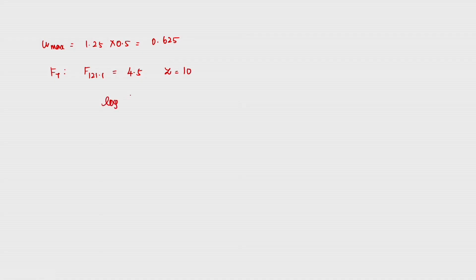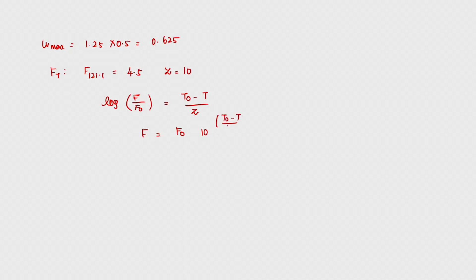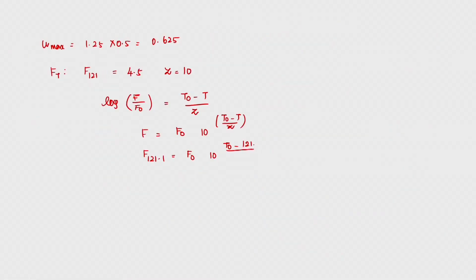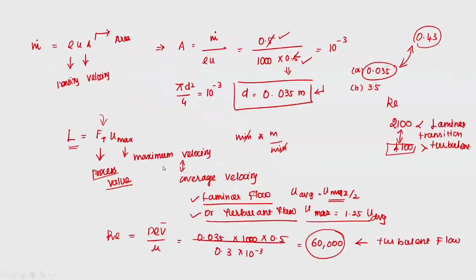The basic formula goes like this: ln of f upon f naught is equivalent to T naught minus T upon Z. So, f is nothing but f naught into 10 to the power of T naught minus T upon Z. What is given is 121.1, which is f naught, 10 to the power of T naught minus 121, just take 121 only, divided by Z value, which is given. But what I am supposed to get is 135,